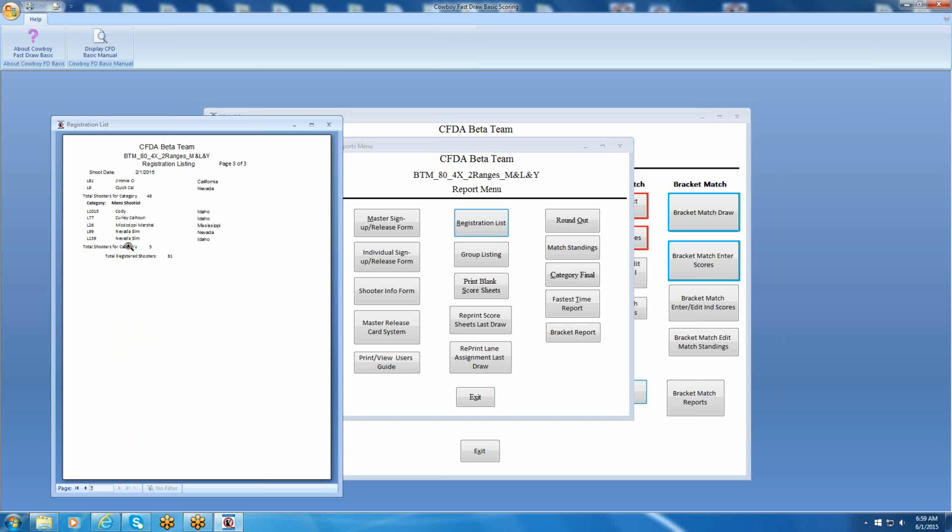Right here, notice I have 2 Nevada Slims in the men's shootist. Common people can make a mistake when they're entering people's aliases in, things like that. And so if there's a mistake in their state or the alias, what you have to know is their CFDA number is the master file in this program. Everything is taken. That identifies that individual shooting the match, no matter what other information is entered, is that CFDA